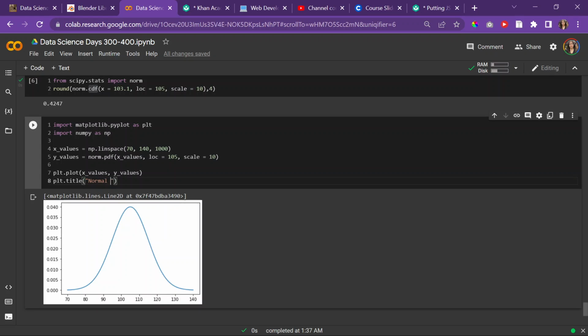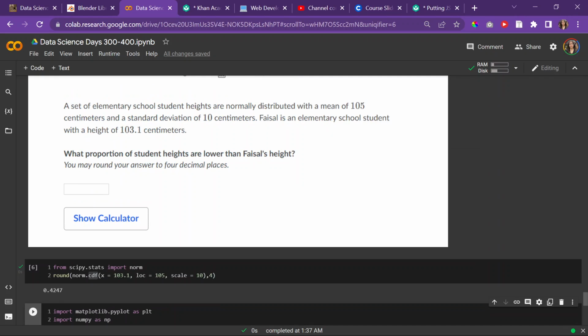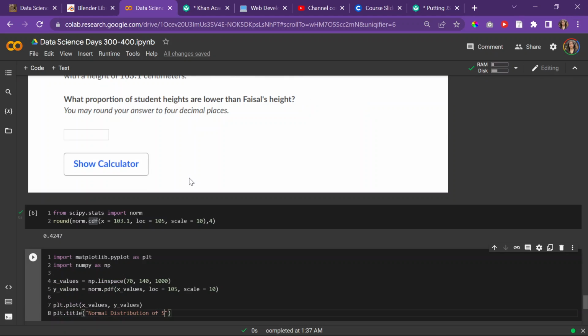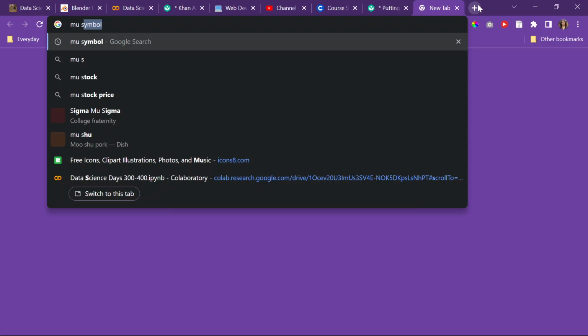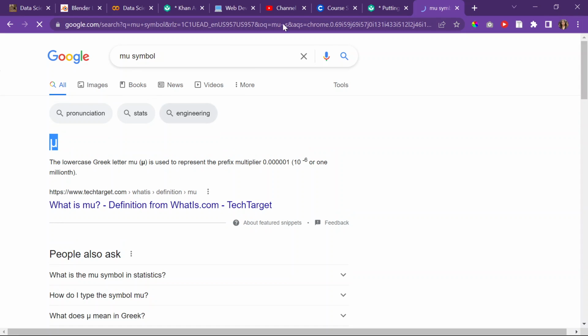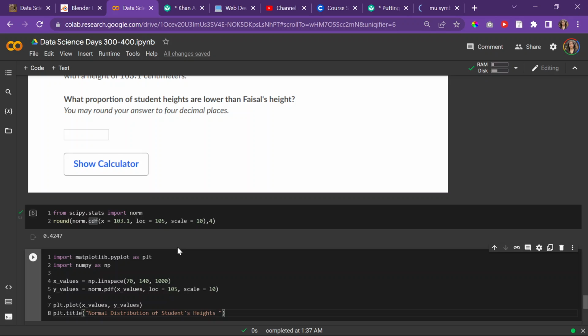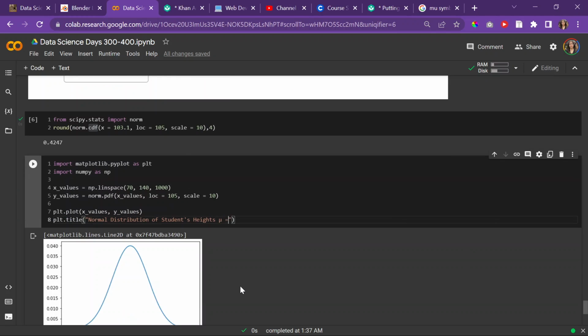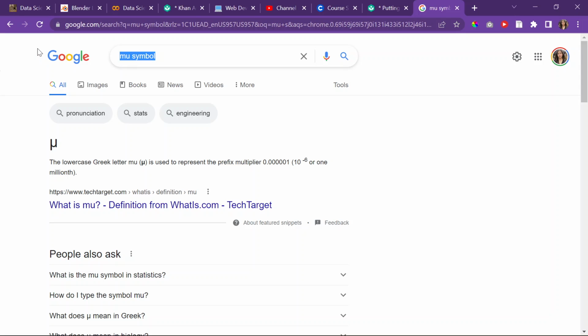Normal distribution of students' heights with mu, which is the mean. Let me just get that symbol. Let me go back. Mu of, what was it, 105? And sigma